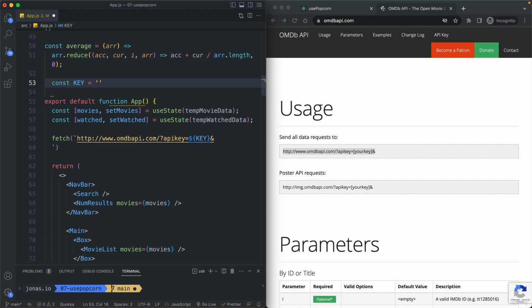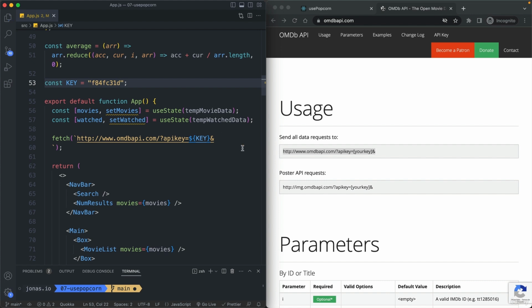And the reason for that is that each time the component gets re-rendered, this entire function here will be executed again. So basically all the render logic. And so if this variable definition here is part of that render logic, it will also be recreated each time that the component renders, which is in this case, of course, not a big deal, but it's good to already get into the habit of not doing that. So when you're just defining a variable like this, that doesn't depend on anything that's inside the component, then just declare it outside. Now I'm just getting my own API key, but of course you should use your own one